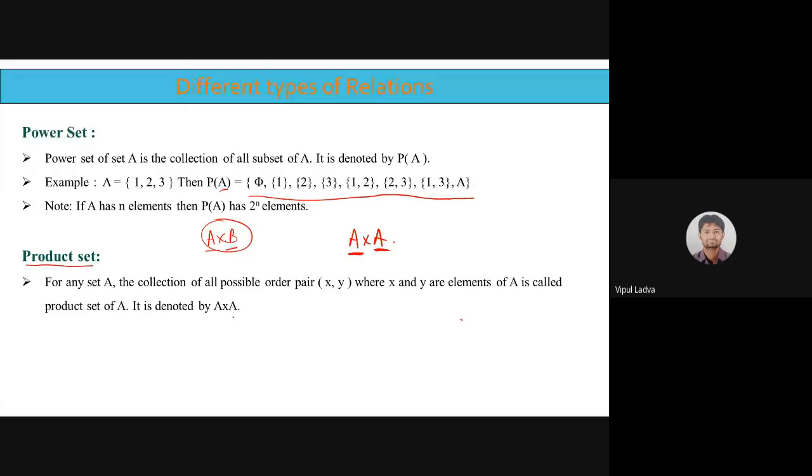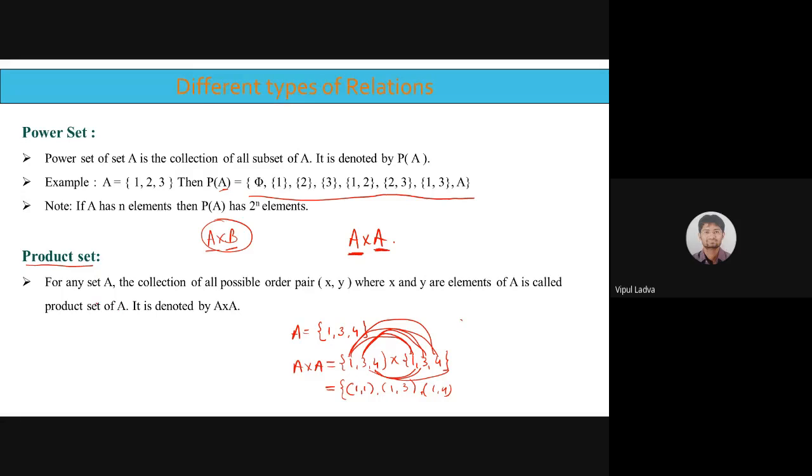So in the product set, if my set A is like this, 1, 3, and 4, these are the elements in set A. And if I'm interested in A cross A, then it will look like this: {1, 3, 4} cross {1, 3, 4}. And the product set will have 3 into 3, 9 elements, like this: 1 with 1, then 1 with 3, then 1 with 4. (1,1), (1,3), (1,4). After that, (3,1), (3,3), (3,4), and similarly (4,1), (4,3), (4,4).